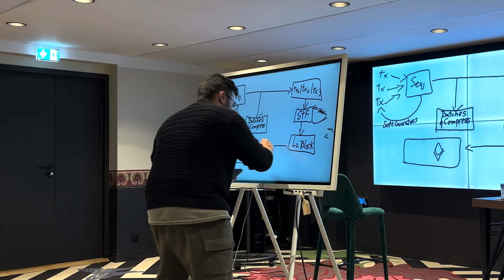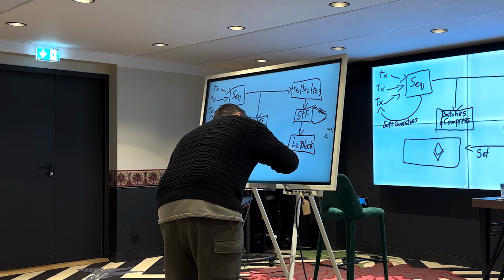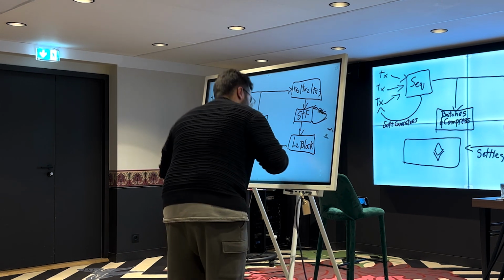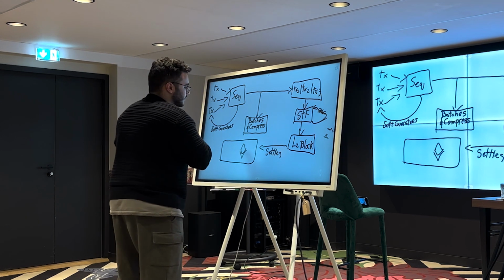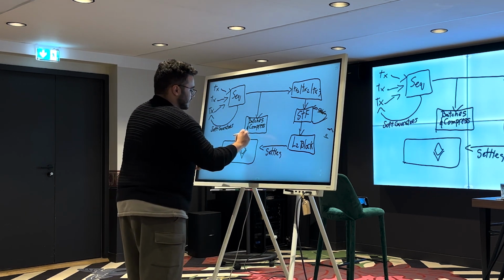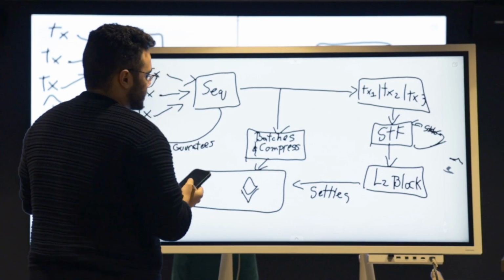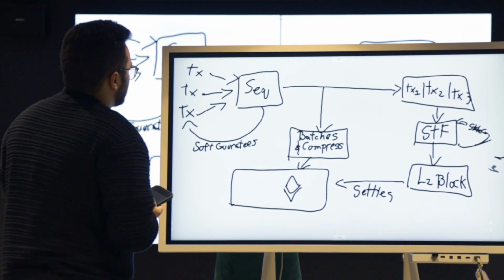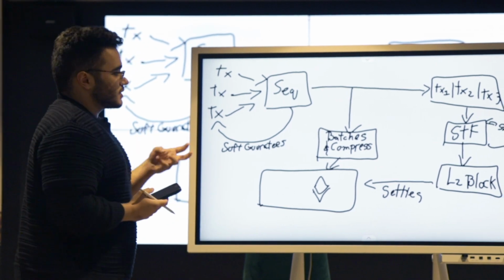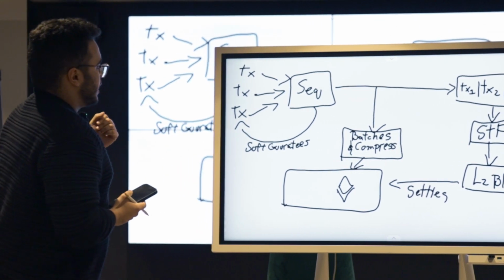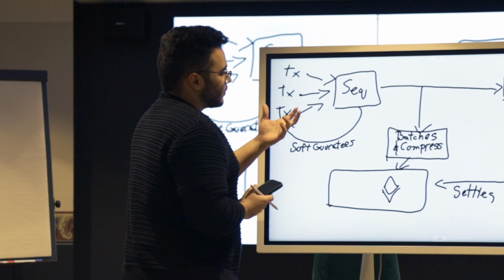Right, so then we go here. So your L2 blocks settle on Ethereum. You batch and compress the data for your transactions and post it on Ethereum, right? This is basically what the first big idea looks like. Again, sequencing followed by deterministic execution. Any full node in the network is able to